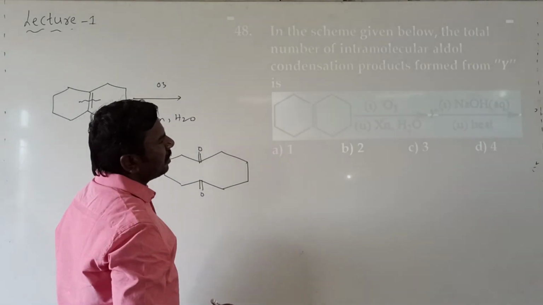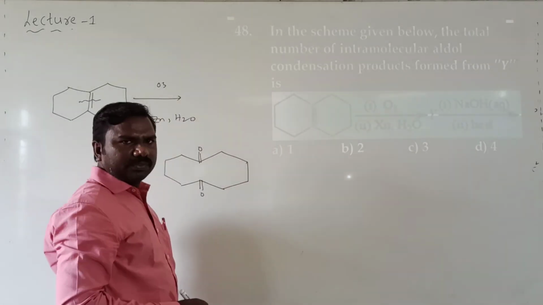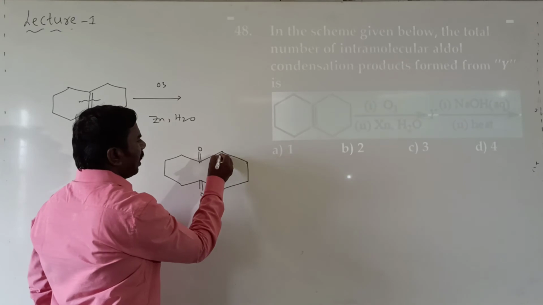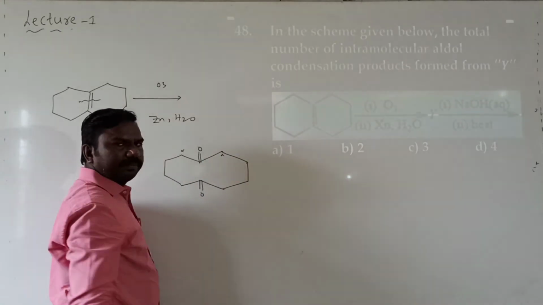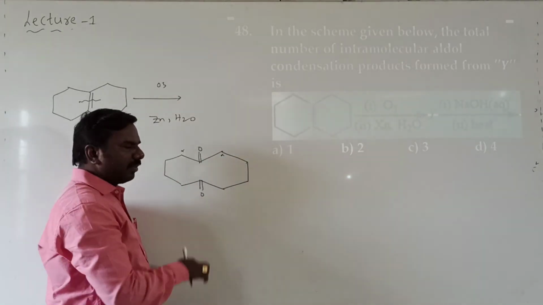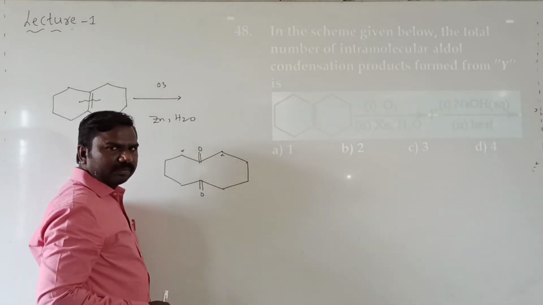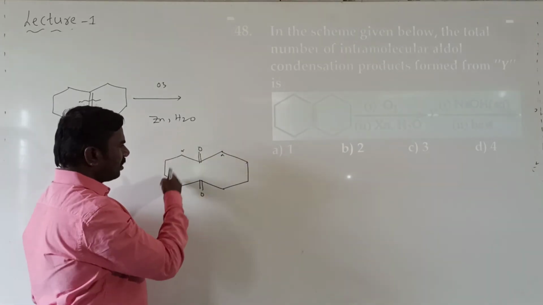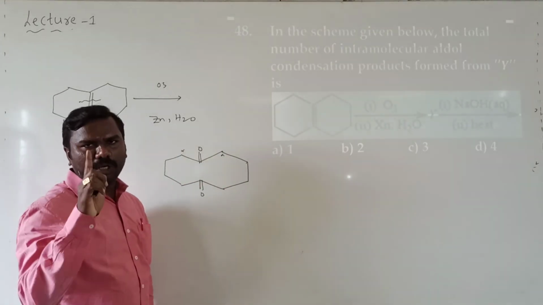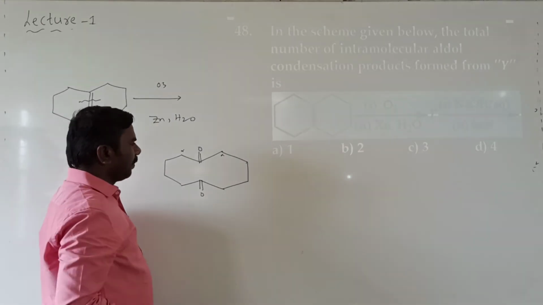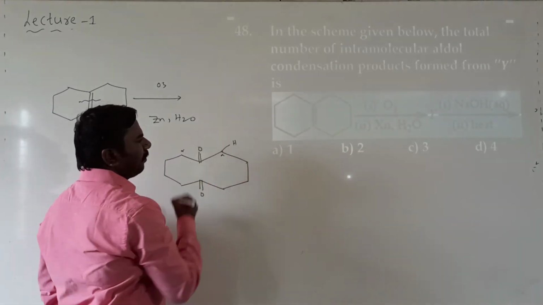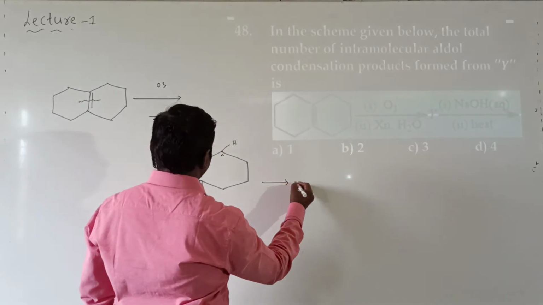Then this is treated with aqueous NaOH followed by heating. Here it is alpha position, it is also alpha, it is also alpha, all are identical. Clear? So all are symmetrical as well as identical. You will get only one product. So I will write, this hydrogen is removed first. Then you get,